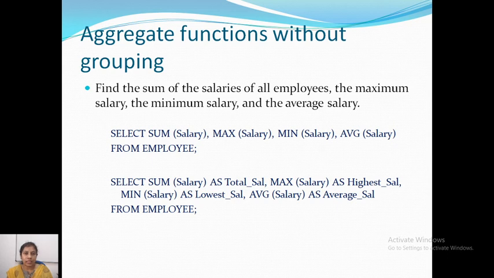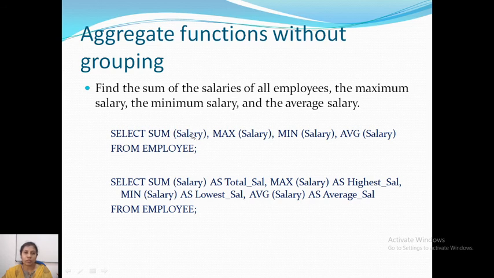Now here we'll see the example where you want to find out the total salary and then maximum, minimum and average salary of employees in the employee relation. To find the total salary, we'll use the function sum. So select sum of salary.